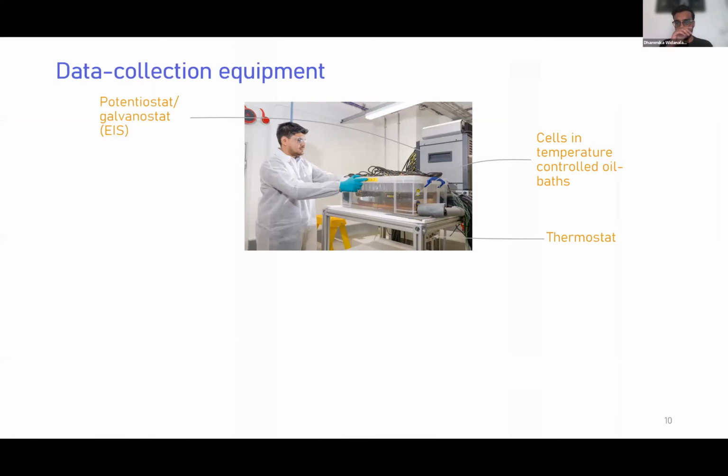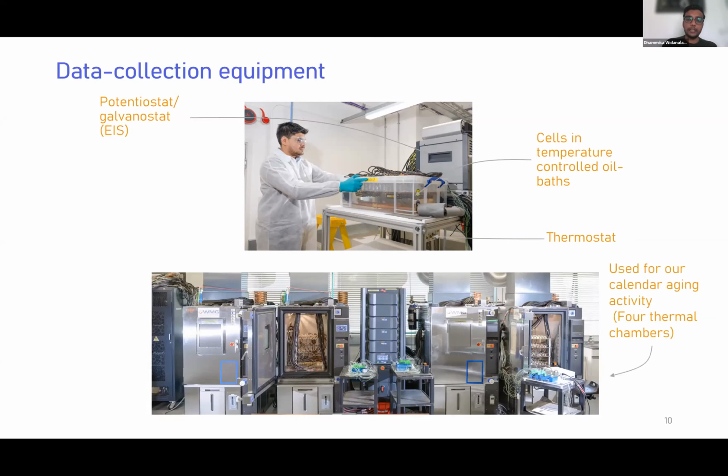Okay, so let's look at some of this data a bit more closely, just to give some background on how this data was collected. We run them in oil baths for the cycling aging. So all the cells are immersed in this sort of tank that you're seeing here, and it gives us very good thermal management and also safety. So if one cell fails, there's certainly no thermal propagation or thermal runaway events because of this immersed approach.